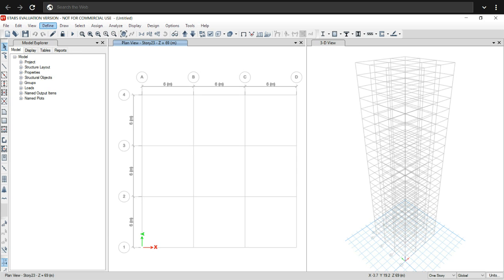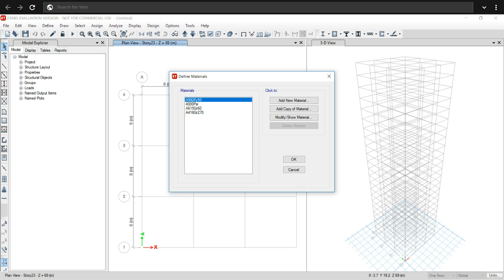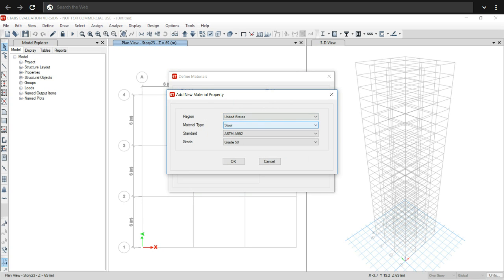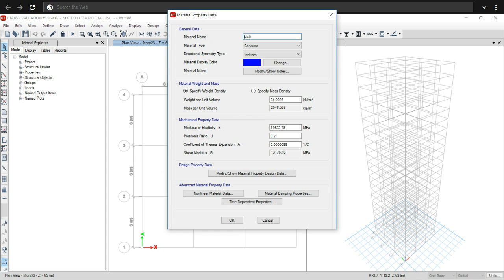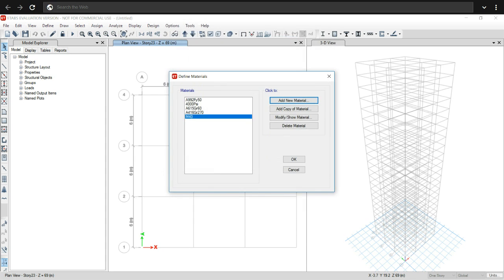Now go to the Define option, then Material Property, then Add New Material. After this, choose Indian code, then concrete, then as given in the question, we will take M40, then OK, then again OK.